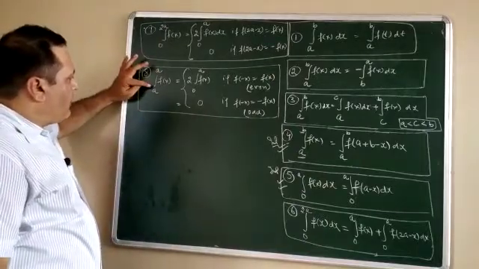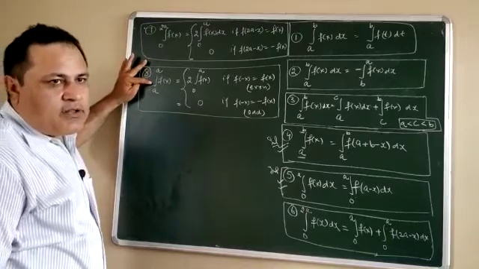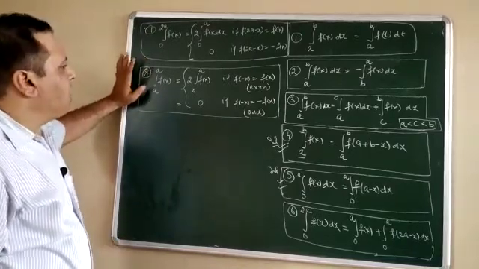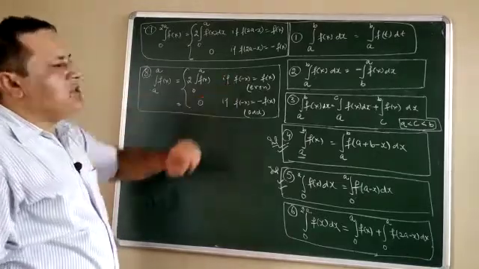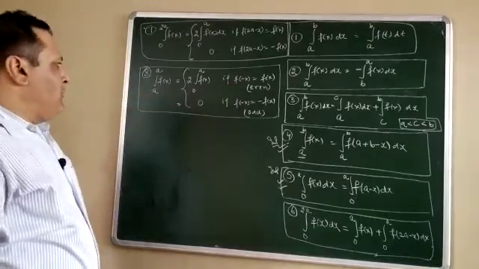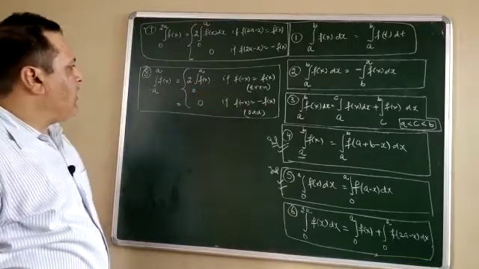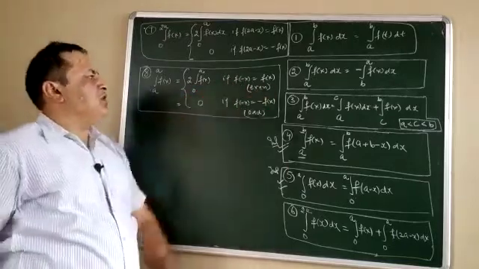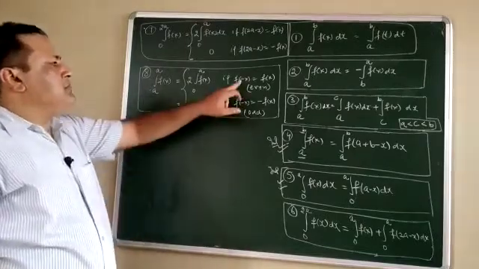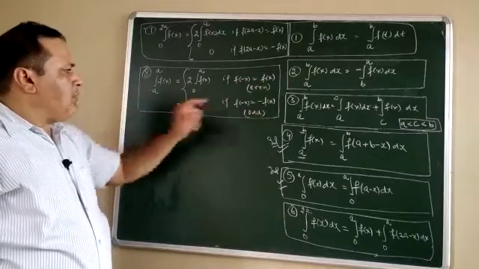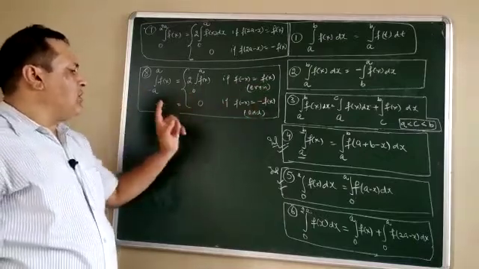And this is the last property, property number 8, in which you observe the function, the lower limit and upper limit are exactly the same, but there is a difference of sign, plus and minus. In that case we check whether the function is even or odd. Whatever f(x) is given, we substitute x equals minus x, then we check whether the function is even or odd. If the minus symbol is consumed and the function becomes even, then the result becomes 2 times. If the function becomes odd, the result becomes equal to 0.